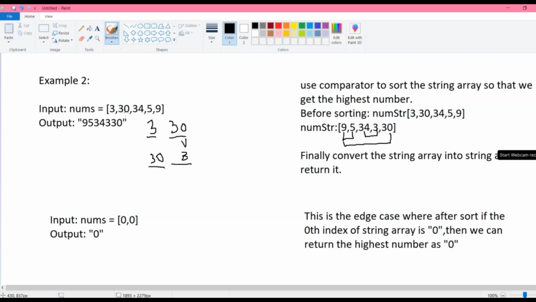So 34 and 3, we'll compare 34 and 3. Here we'll get 334 as one number and 343 as another number, so we'll just swap it here, 34, and we'll keep 3 here. So here 34